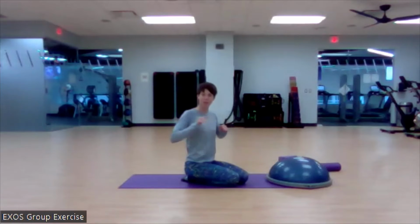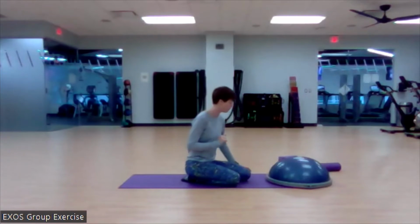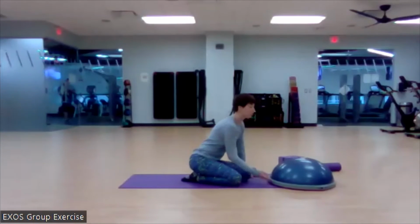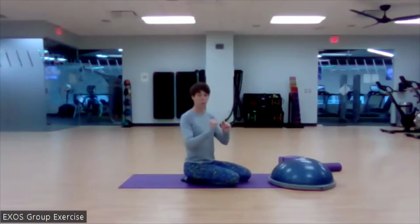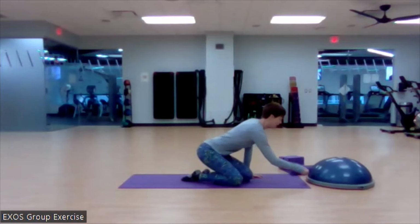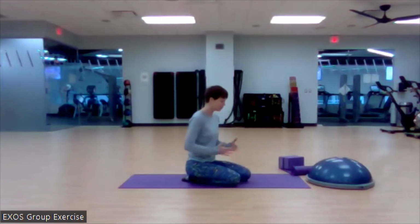That one, if you are able to get that push and relax, a lot of times it really gets things moving a little bit differently. All right, so we pushed and relaxed. So we're trying to work on building that strength as well as simultaneously working on the mobility. So now we're going to work on some